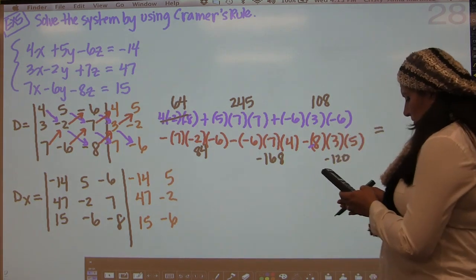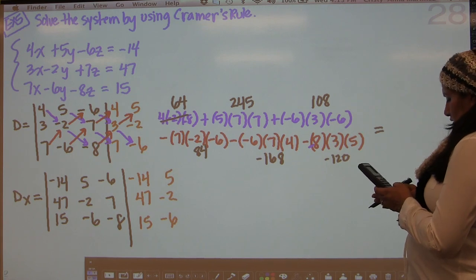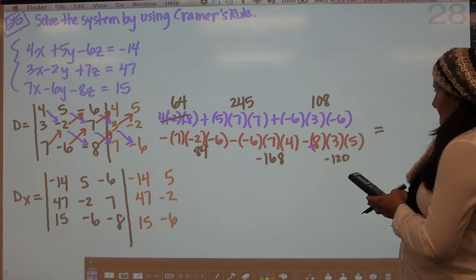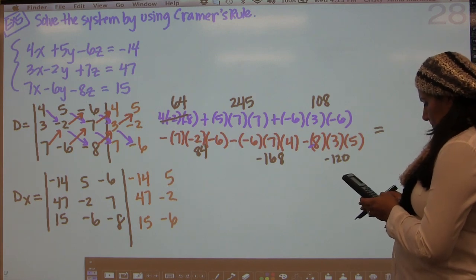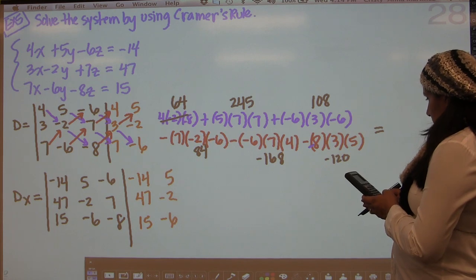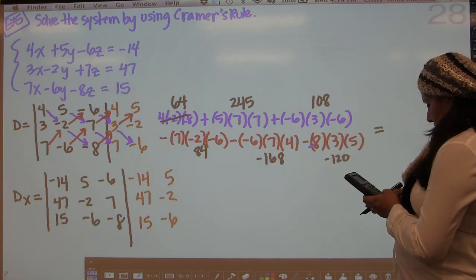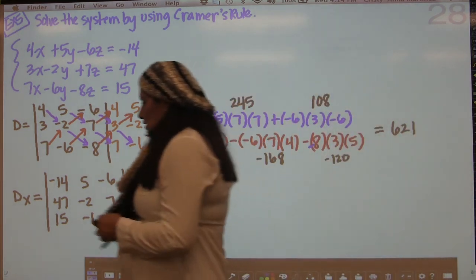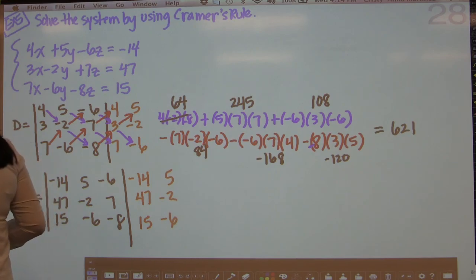So our answer is going to be 64 plus 245 plus 108 minus 84 minus negative 168 minus negative 120. And you get 621. Okay? So that's going to be our